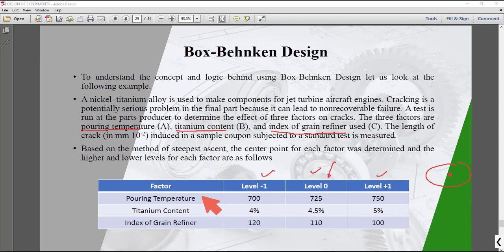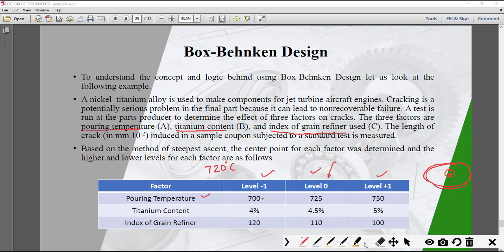Okay, what is the optimum pouring temperature? Let us say the optimum pouring temperature is 720 degrees Celsius, between 700 and 750. How are they going to find it? They are going to find it after they know the equation of this contour. Once they know the equation of the contour, they can find out the center of the contour, right? Some of you might be thinking, why don't they directly find the equation of the contour? We do not know where exactly our